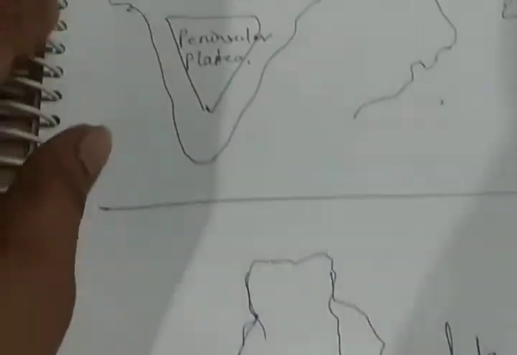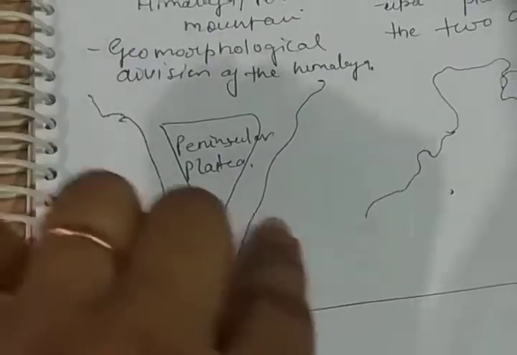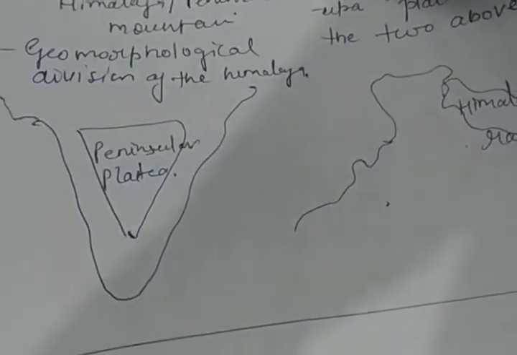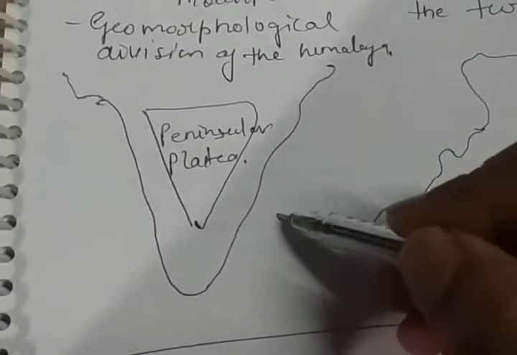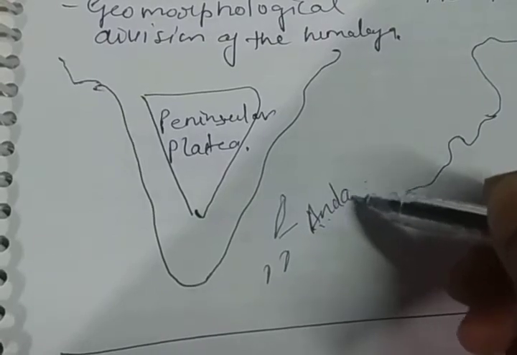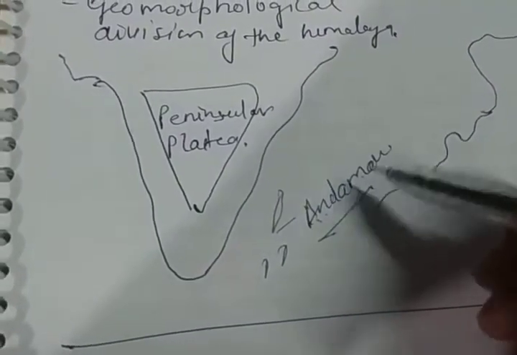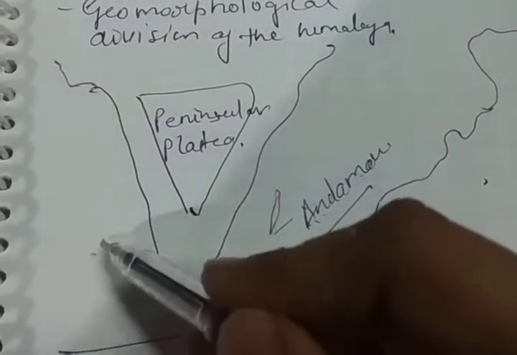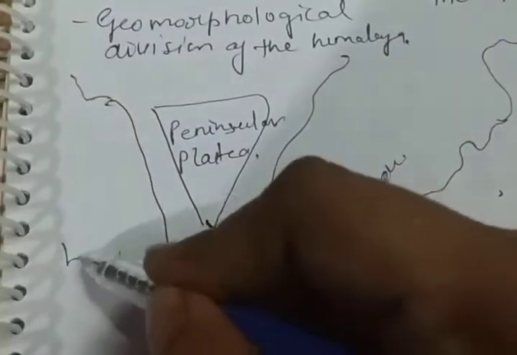You know that India has 2 island groups, one Lakshadweep and another Andaman and Nicobar. You can see them on the maps also if you have an atlas, so please keep your atlas with you. This is the shape of Andaman and Nicobar islands, which you can see here in the south part of India, and this is the area covered by Lakshadweep.